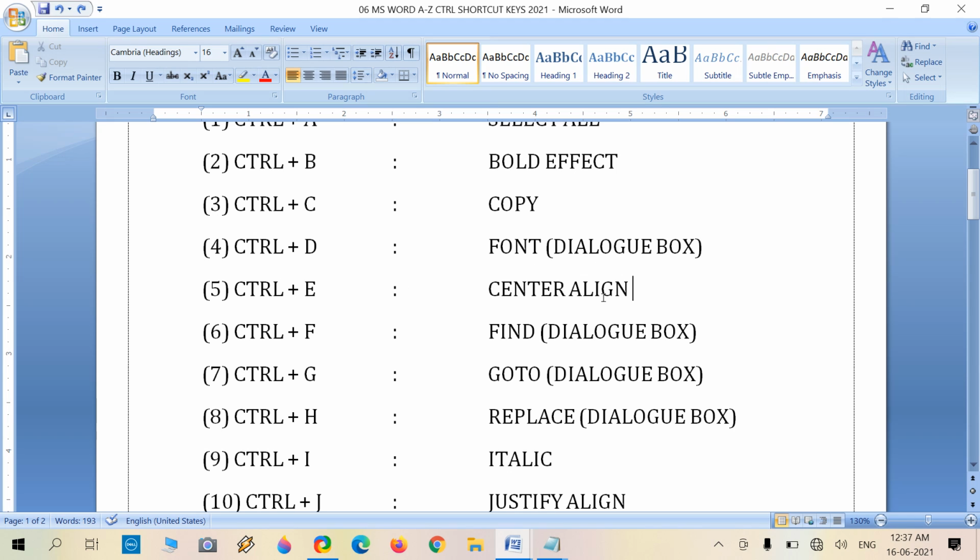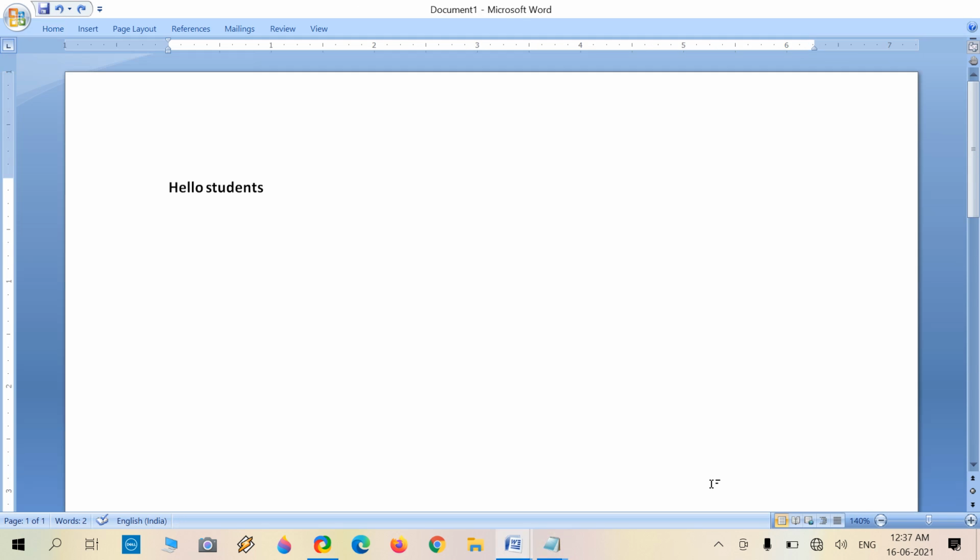Okay, now move on to Control E. It will manage the specific character, term or paragraph in center alignment, like this. Hello students term is managed at the left side position.